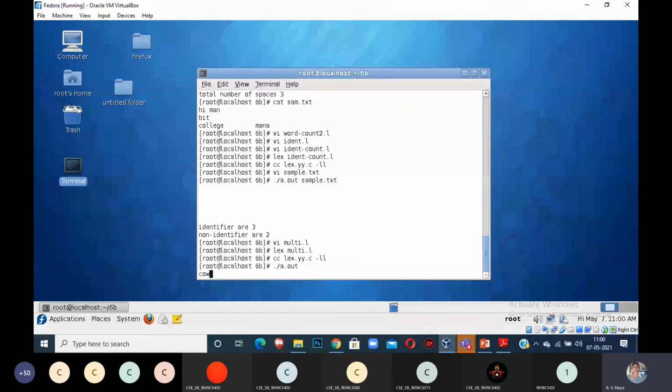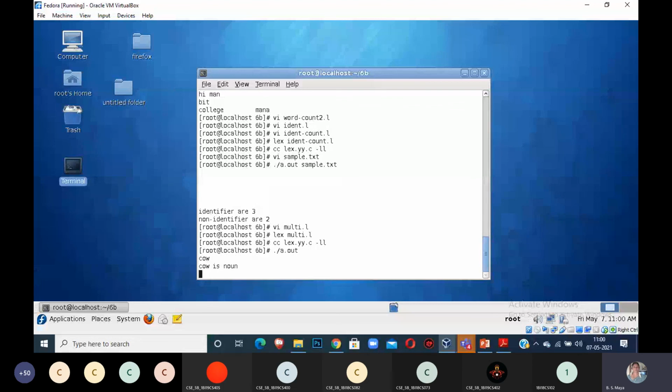See, because I am declaring it in the rule section, cow should match with noun. Okay, for that you will get cow is a noun. If I give input as I, what's your answer now? I is what? I is noun or pronoun?